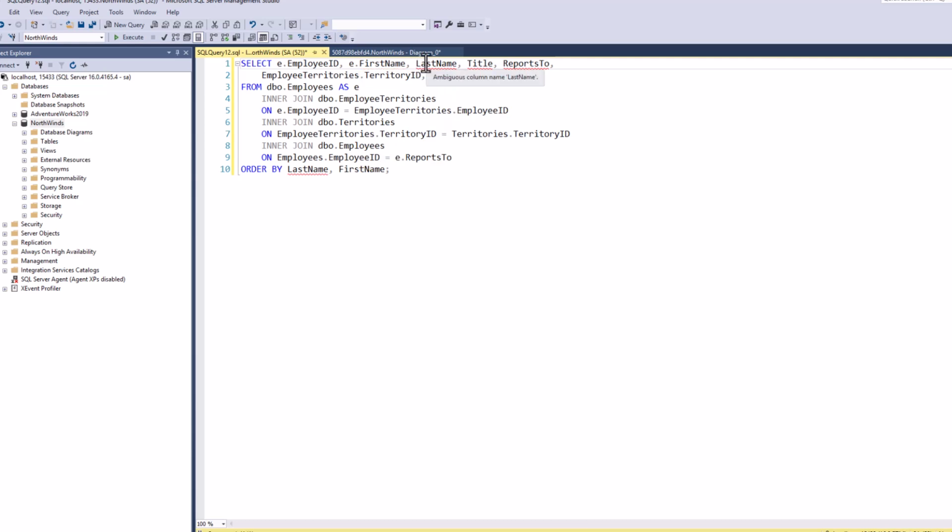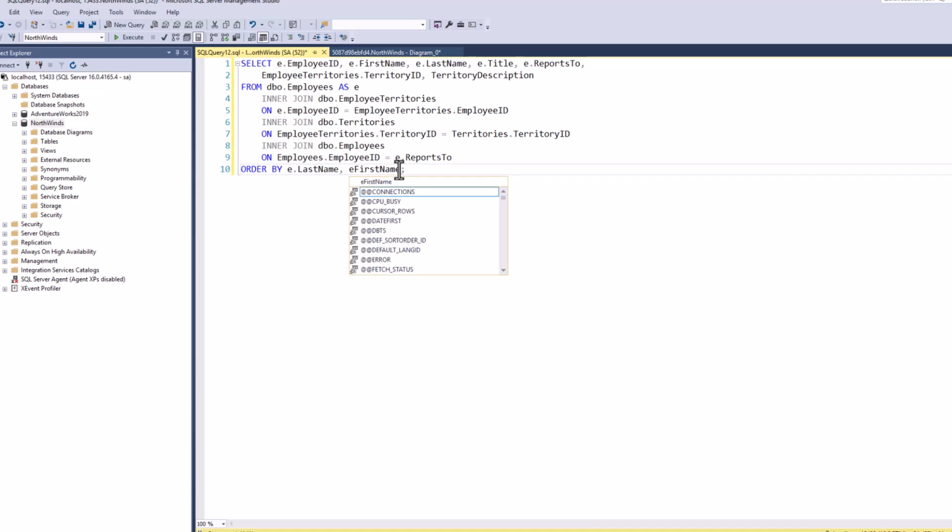We'll add some additional fields for our reporting in just a little bit when we get to that part. So we've fixed all of those issues. Come down here, I'm going to just make this very apparent with our E dot for our last name and our first name. So that's what we're ordering by.